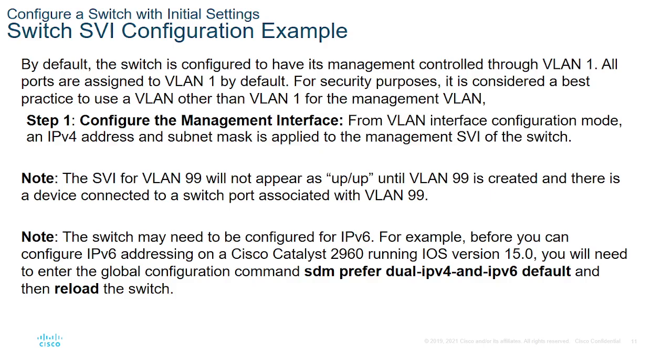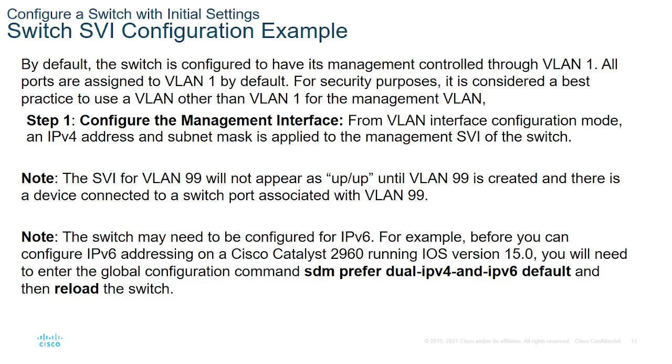So by default, a switch is configured to have its management controlled through VLAN 1. All ports are assigned to VLAN 1 by default, and for security purposes, it's considered best practice to use another VLAN apart from VLAN 1 for management. So step 1 is to configure the management interface